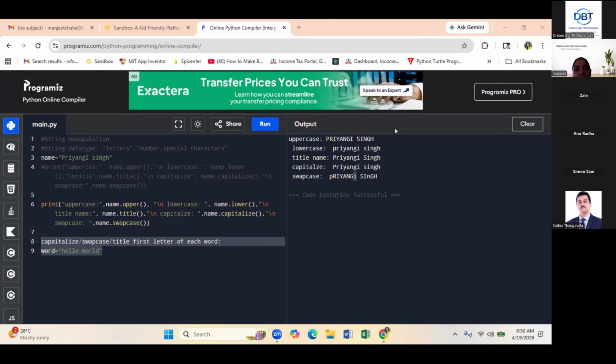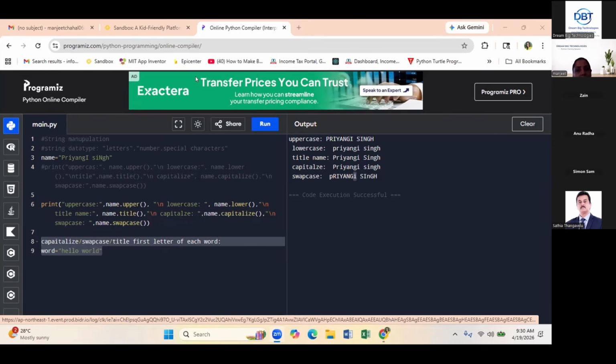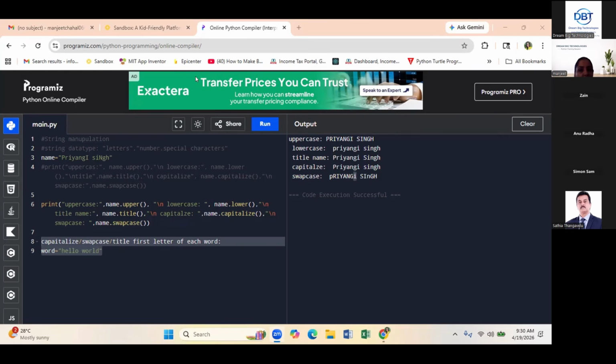Manjit, can we have a WhatsApp group? Yes, this one whole. I'll tell Anu to do that one. I am also there, but she will do that. Anu, could you please share this one?